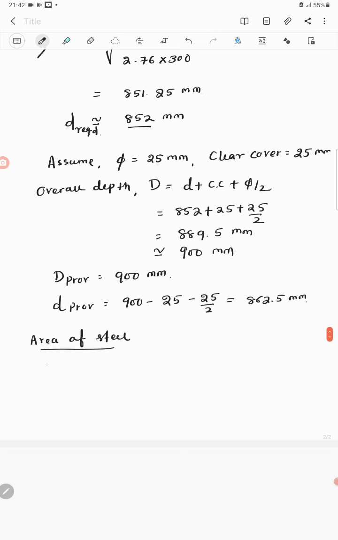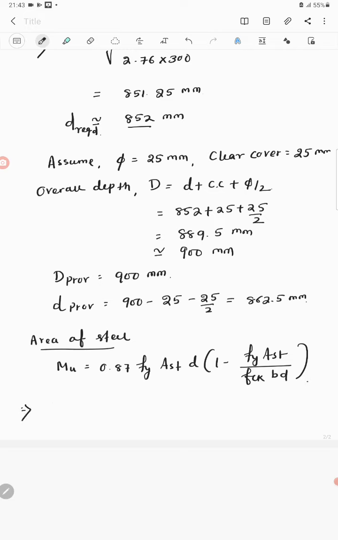Area of steel to resist a bending moment of 600 kilonewton meter. So obviously we will design by considering it as an under-reinforced section, because that will be safe. 0.87 fy Ast d (1 minus